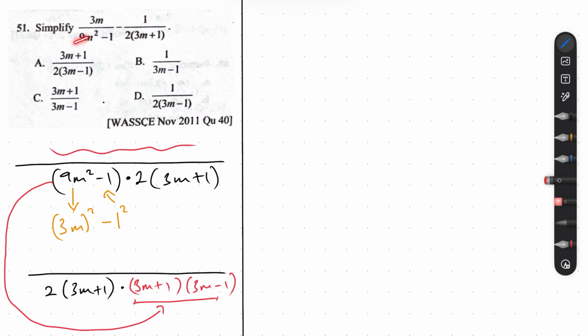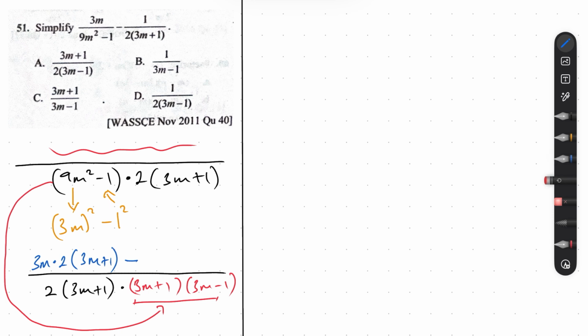If we cancel this out, which is this whole thing, what are we left with? We're left with this. So this multiplies 3m. So let's write it down. So we have, let me use blue, we have 3m times 2 multiplying 3m plus 1. Okay? Now minus,